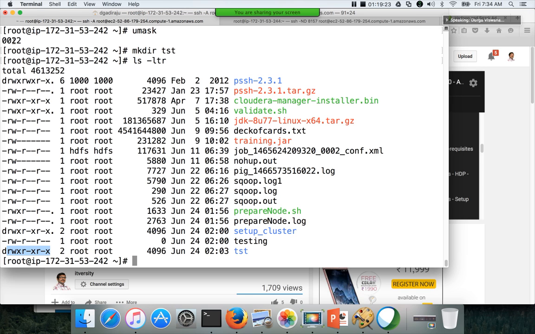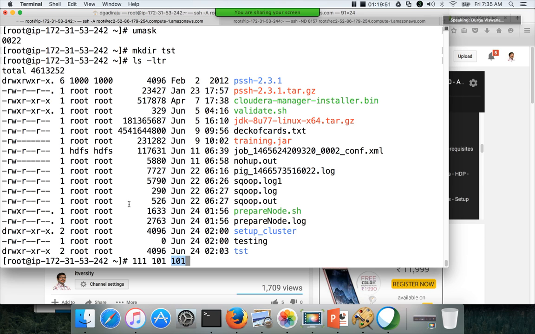Here we are trying to mask write permissions by giving 111, 101 (5 in binary is represented as 101), and 101 for others. So these are the permissions given. This is 7, this is 5, and this is 5. But the umask is 022, which is telling what all needs to be masked